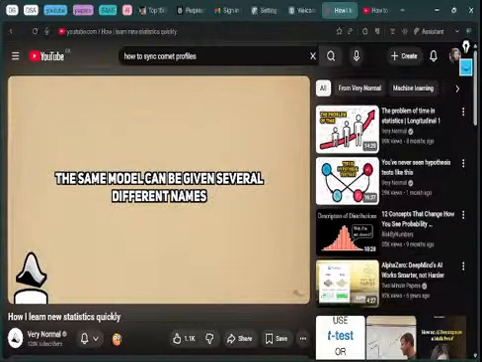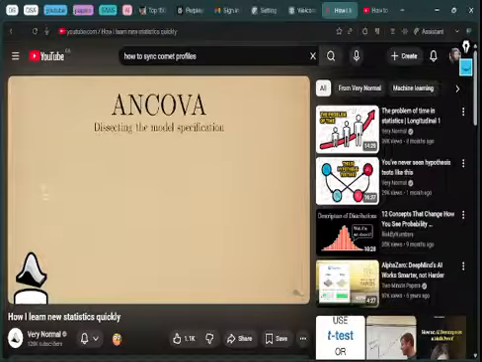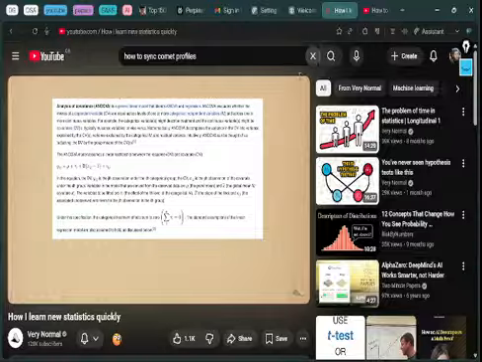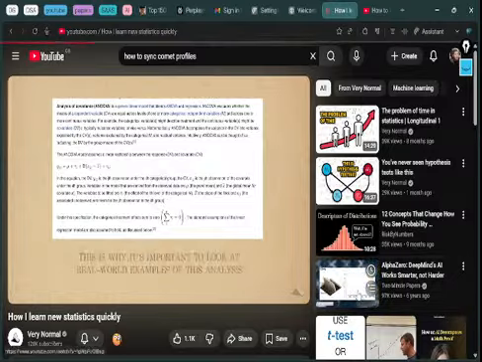One of the unfortunate things about statistics is that a single model might be given multiple names. This is why it's important to look at the model specification first. In the end, ANCOVA really is just a linear regression with a specific set of covariates, a categorical variable of interest, and possibly many covariates that can either be categorical or continuous. So in that respect, Wikipedia was actually sort of wrong here. It focuses on the nature of the data itself rather than the question it can answer. This is why looking